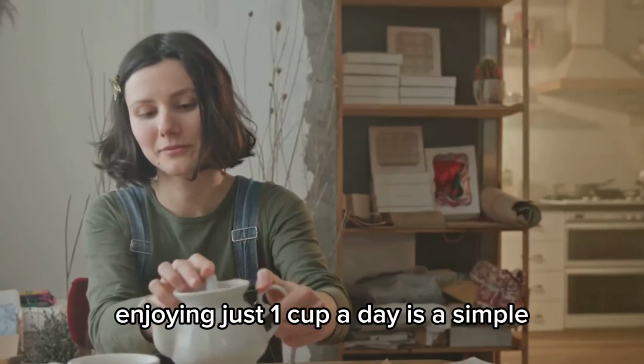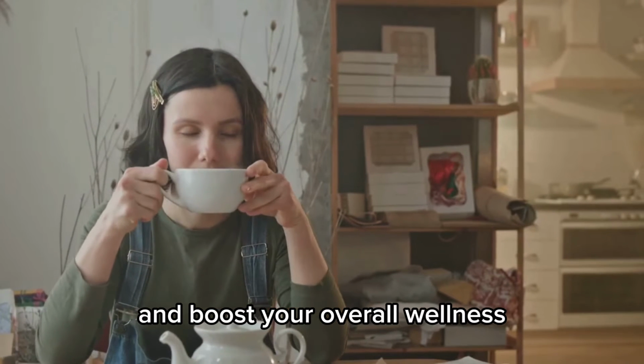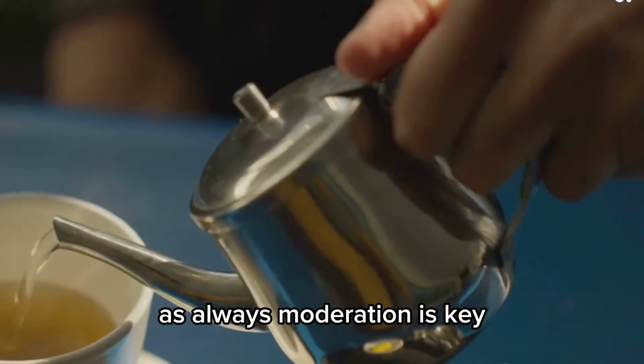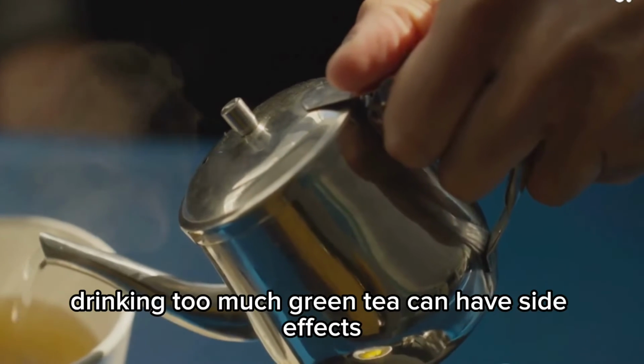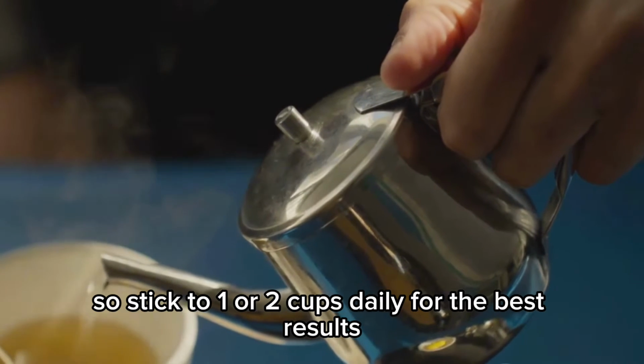Enjoying just 1 cup a day is a simple, effective way to support your kidneys and boost your overall wellness. It's a small habit that can make a big difference over time. As always, moderation is key. Drinking too much green tea can have side effects, so stick to 1 or 2 cups daily for the best